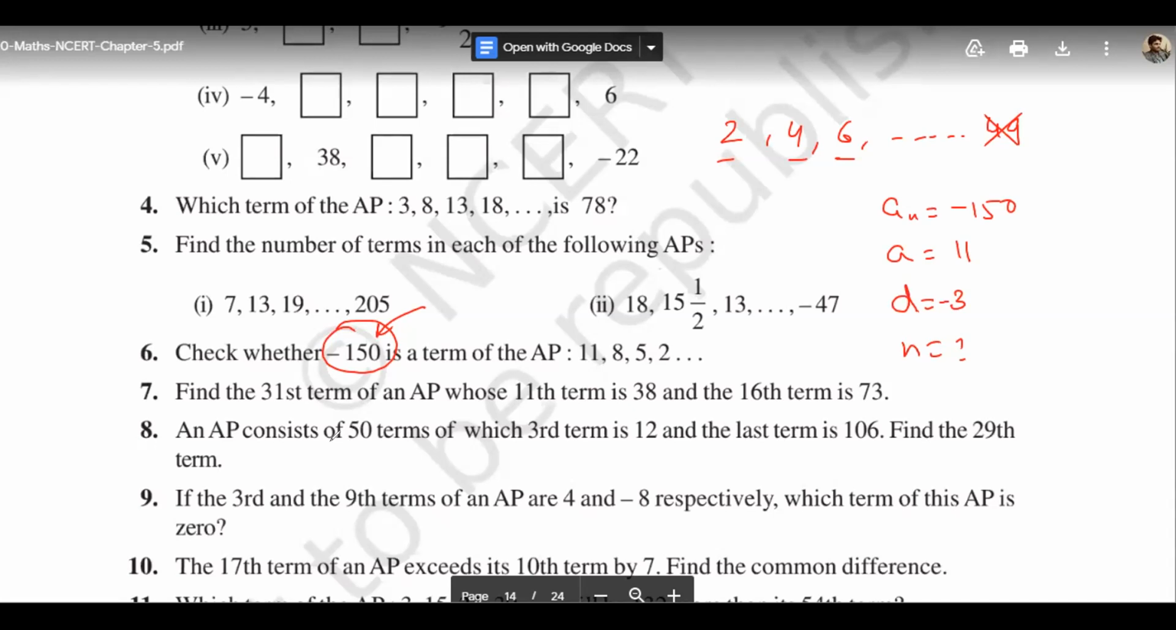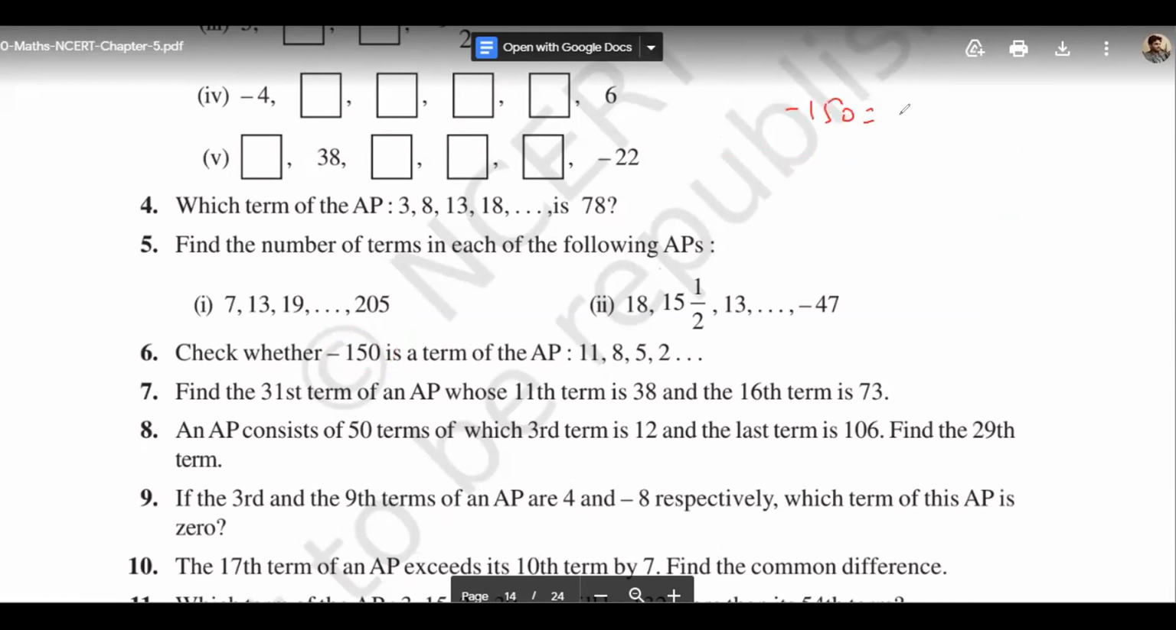Sir, n is coming in point. N is coming in point. So we will consider that this is not the term. 150 is not the term for this AP. And we can check also that minus 150 is equals to